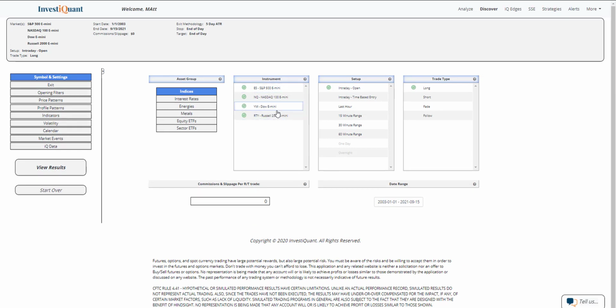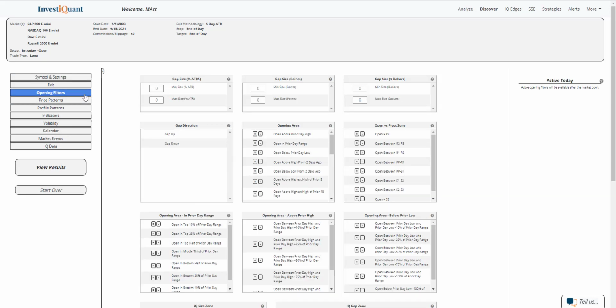I've got all four instruments selected. The setup we'll be looking at will be based upon entering the market long at 9:30 a.m. Eastern Time and exiting at 4:15 p.m. Eastern Time. Now, currently, we are trading pretty flat in the overnight session, so I'm going to add that to